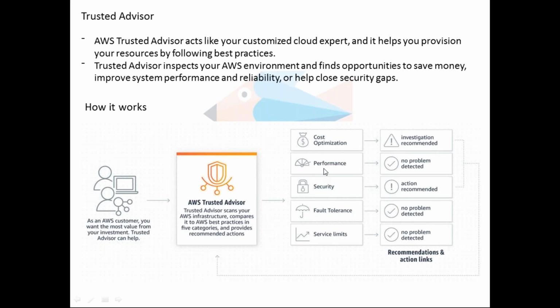If you see here, this Trusted Advisor will monitor your cost optimization, your performance, your security, fault tolerance, and service limits. If you're not optimizing the cost, we'll see the examples later, it will give you a warning. If you're fine with the performance, it will not throw an error. If it is a serious or critical issue, it will give you a critical warning. So if you enable this Trusted Advisor, it will monitor some of the pillars or some of the features.